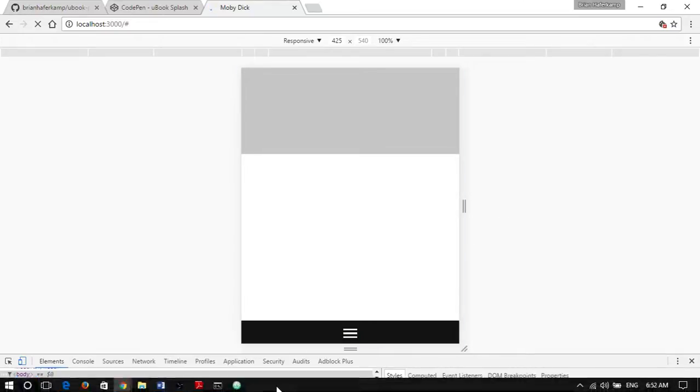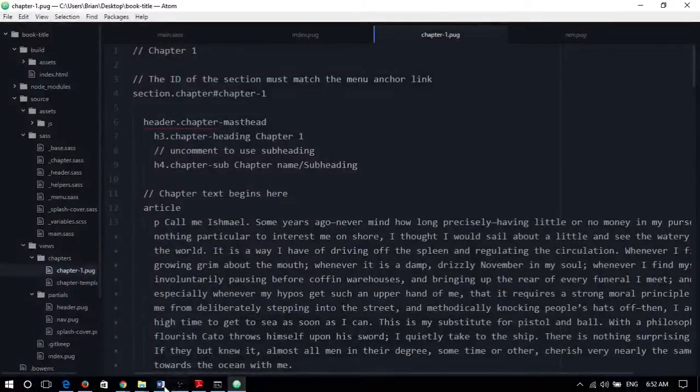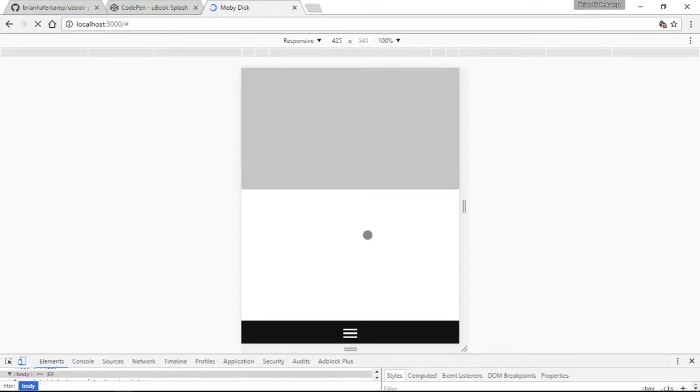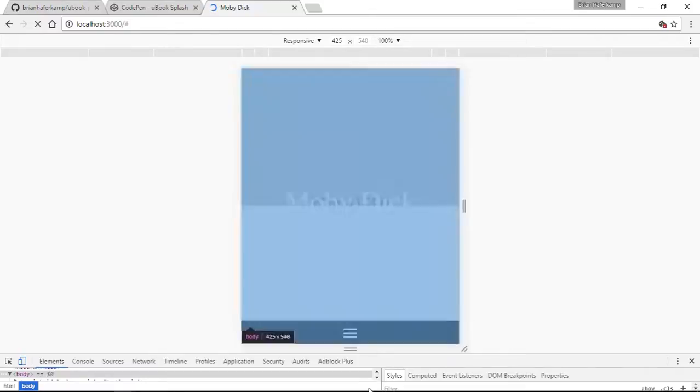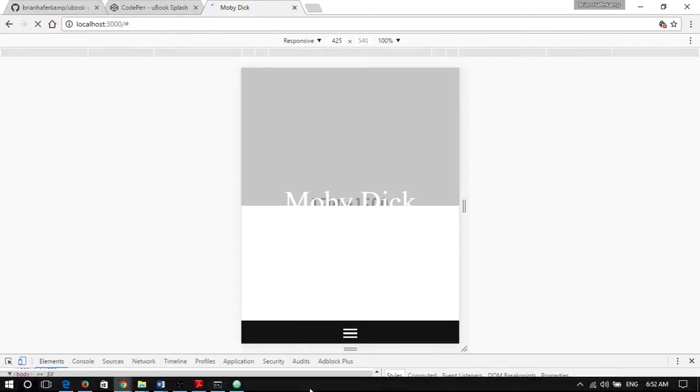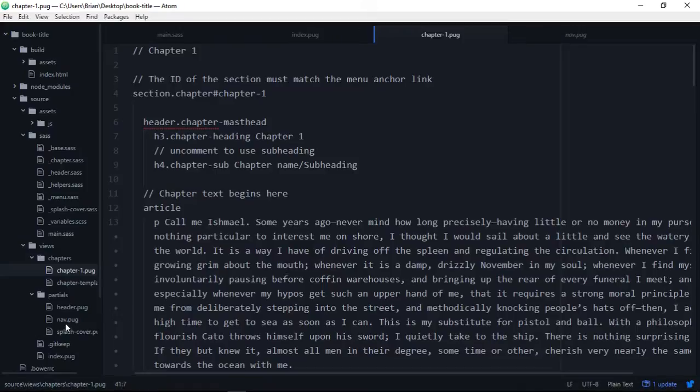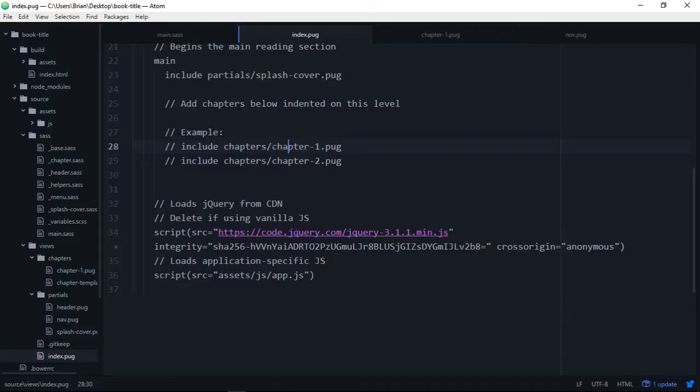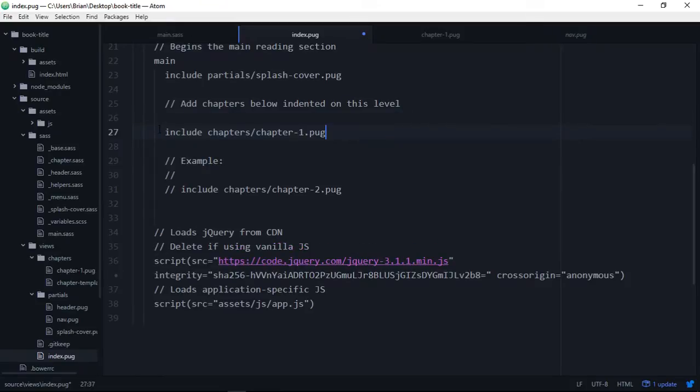And then you can see here that we've added in our text, but we're not getting anything. It should be scrolling, but the reason is that we haven't uncommented on the index page, so we've got to include the chapter. We built the chapter here, but we have to include it into the index page, and the way we do that is you can just copy and paste this and make sure it's on the same level as this include with the splash cover page,